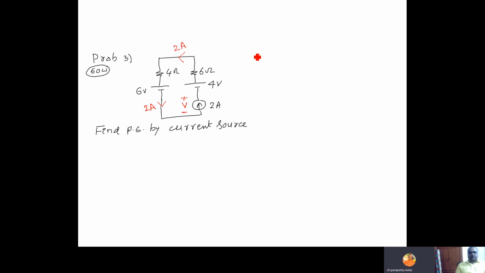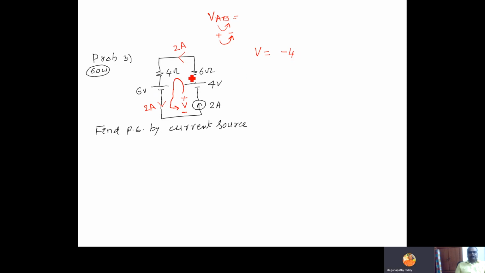Now to find V, I told you one technique. To find VAB, remember? To find VAB, start at A, go to B, start at positive, go to negative, following the KVL convention. If you apply the same statement, start at positive, go to negative, and following the convention, here you get V is equal to minus 4.